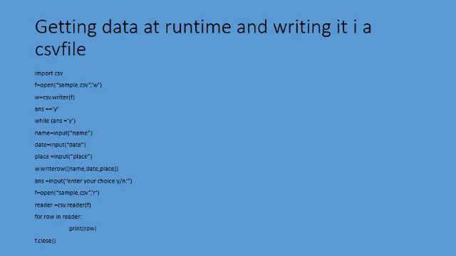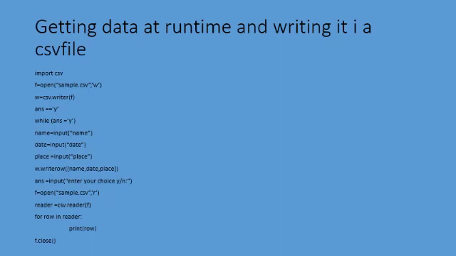What is the concept here? First you are opening the file in write mode, and then you are getting the answer as yes or no. If your answer is yes, you can enter the data like name, date, place, and that will be written in w using writer.writerow. Once again it will ask answer, yes or no. When my answer is yes, once again it will ask name, date, place, and it will be stored in w. Once again it will ask, enter choice. If choice is yes, it will ask again, like that going on.